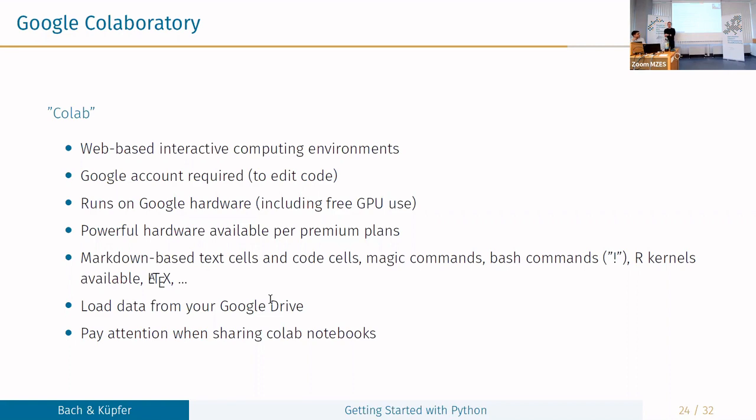If you want to include data in your Colab, well, if Colab doesn't run on your own machine, doesn't use the resources from your own machine, but resources that are somewhere on Google's hardware, how do you get your data into your Colab? You can sync it with your Google Drive. So you would mount your Google Drive, you put your data into your Google Drive, and then you load the data from your Google Drive into your Colab session, and you write out any results that you want to keep also to your Google Drive.